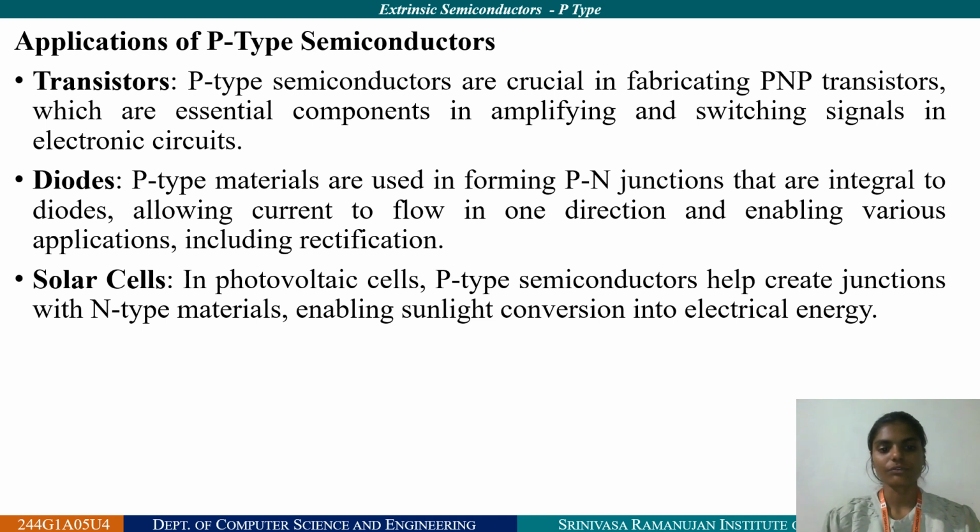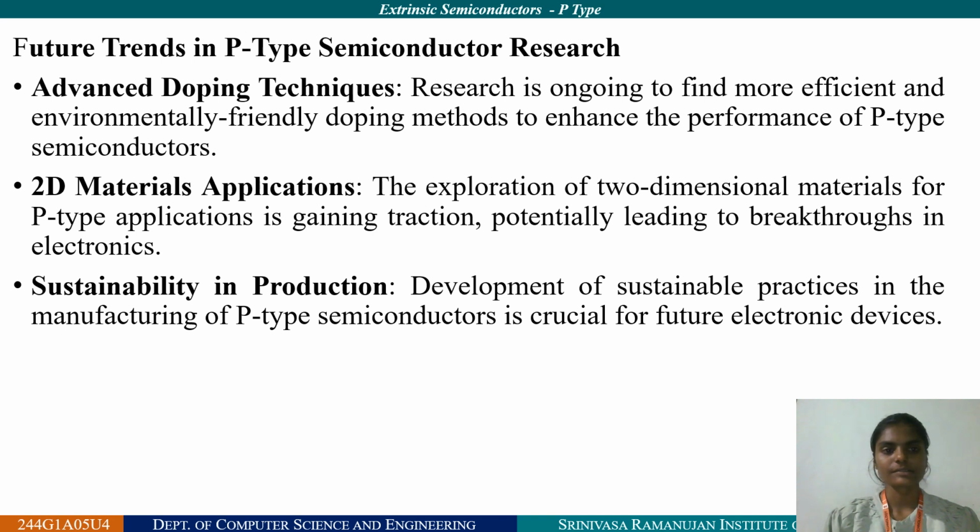Solar cells. In photovoltaic cells, p-type semiconductors help create junctions with n-type materials, enabling sunlight conversion into electrical energy. Future trends in p-type semiconductor research. Advanced doping techniques. Research is ongoing to find more efficient and environmentally friendly doping methods to enhance the performance of